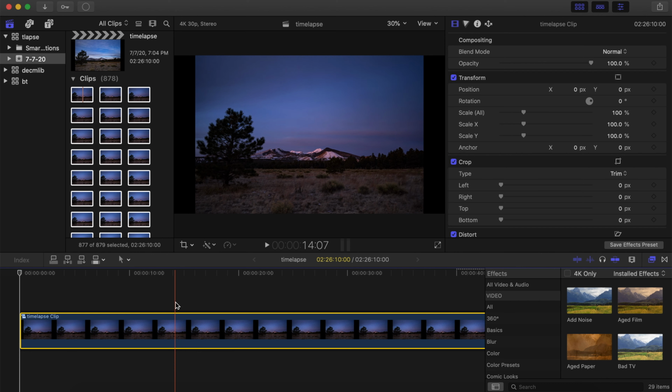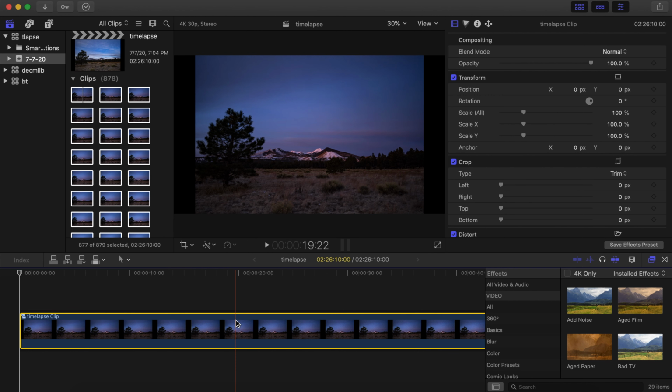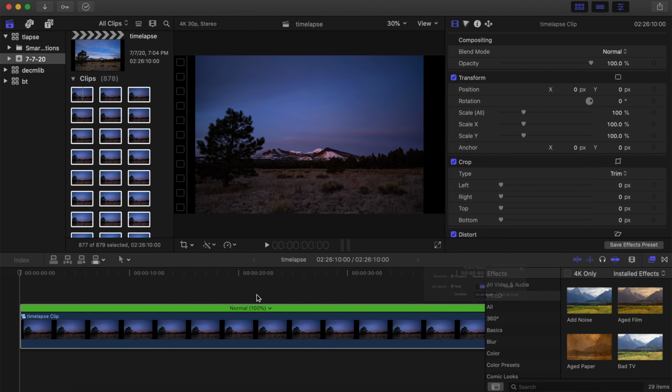Now you can retime it, but I've noticed something lately in Final Cut Pro. If it's still doing the background tasks up here, it actually won't let me retime this clip down to 10 seconds. So you can either wait it out, or I actually go down here and I kill these background tasks. This is not the most elegant thing in the world to do, but what I've found is when I go to the next step, the retime, if it's running the background processes, as I'm retiming it to 10 seconds, it puts the original time frame of the video back, which is a tremendous amount of time, 10 seconds for each clip by default. So I stop those, and then when I go to custom down here,